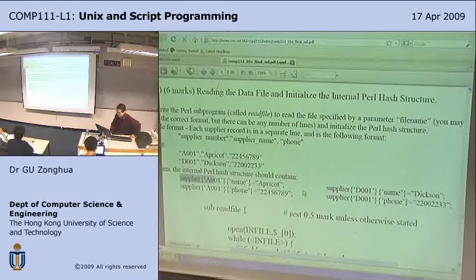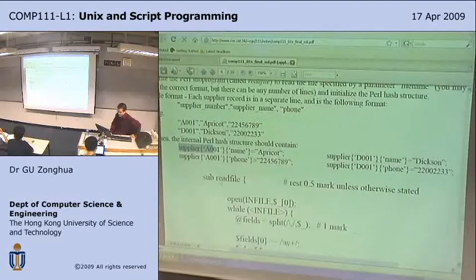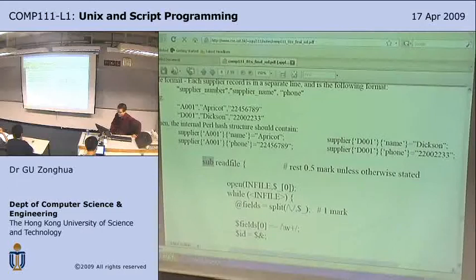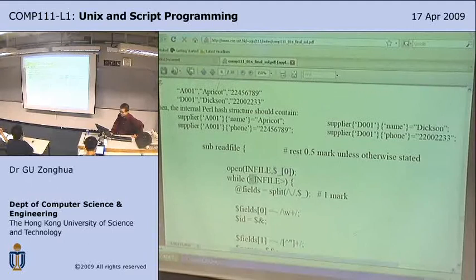So how do you do that? First sub, that's the subroutine keyword in Perl. Open in file. So in file is a file handle. You use this handle to read the file later. And this is the first argument to the subroutine. So while in file,